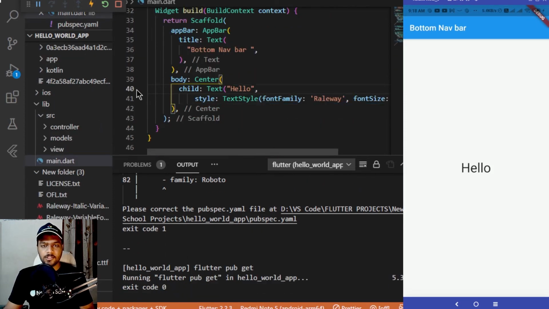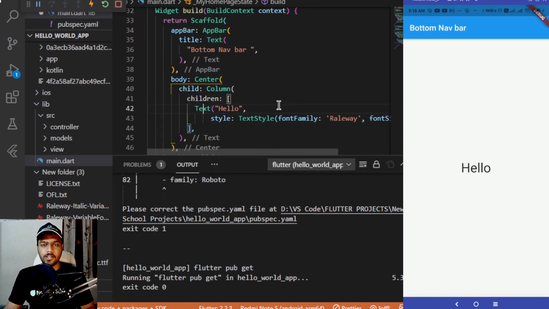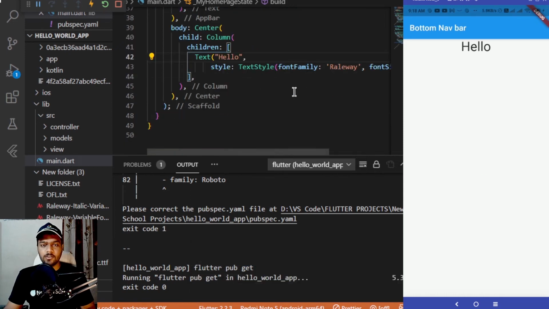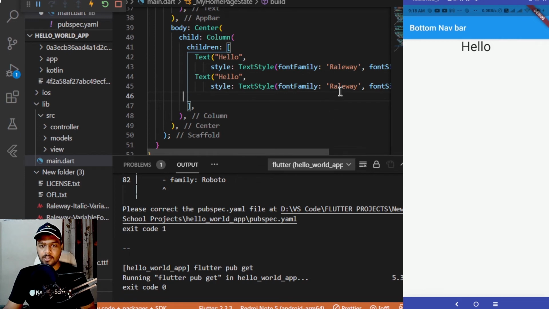I can enclose this text inside a column under this center widget. So here it is a text, enclosing it inside a column. There won't be any changes for now. Now let's add another text inside this column only. So rather than adding another text, let me copy this text from here and paste it over here.